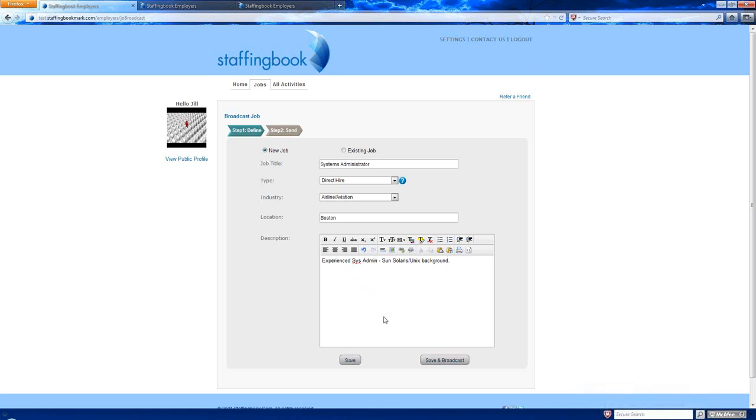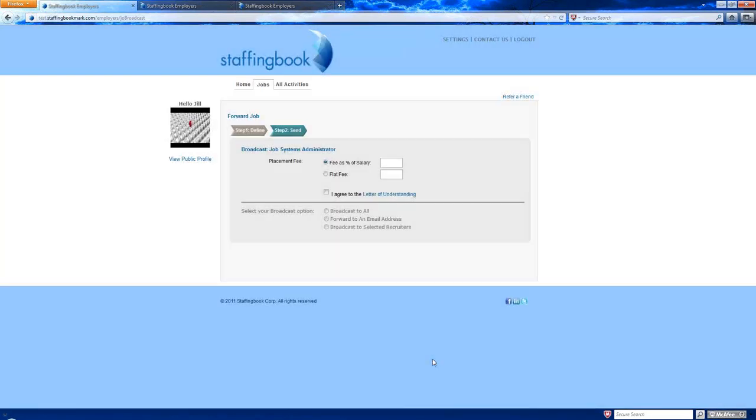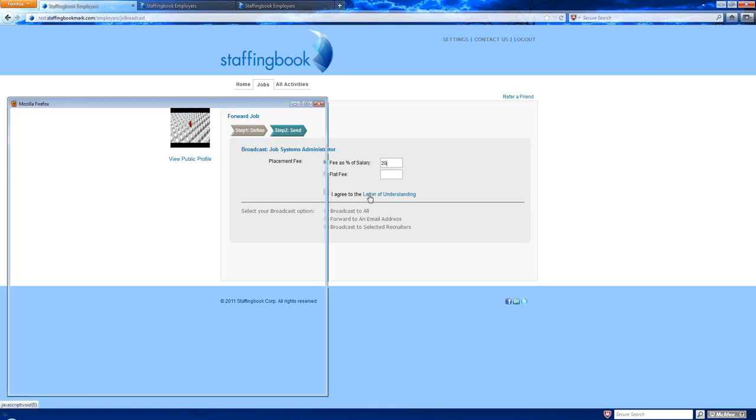So let's save this, and let's also broadcast it. We want to get some candidates for this position. So we're saving and broadcasting, and it's going to ask us now for the parameters of our offer. Are we going to offer a flat fee or a fee as a percentage of salary? Let's say we're offering 20% of annual salary, and there is a letter of understanding here, which I'll open up